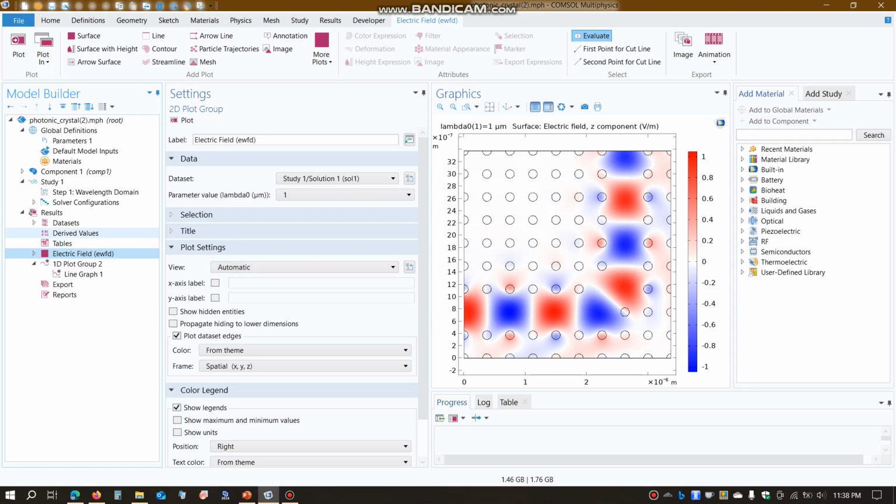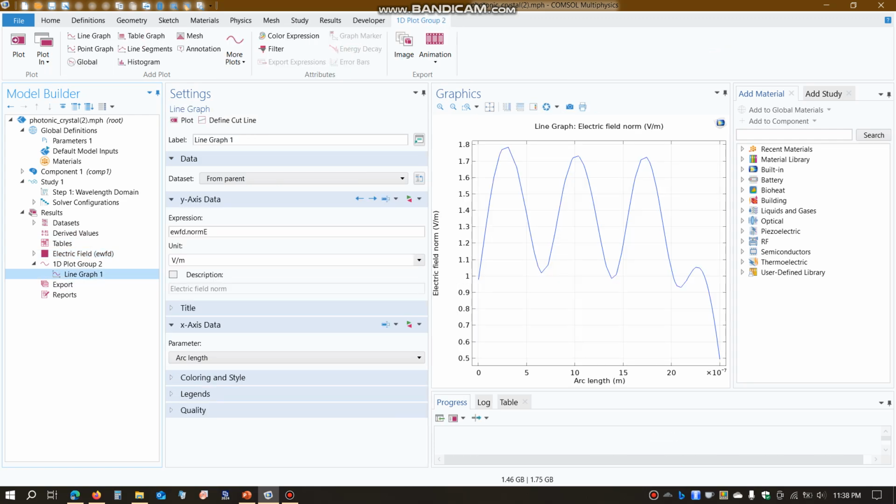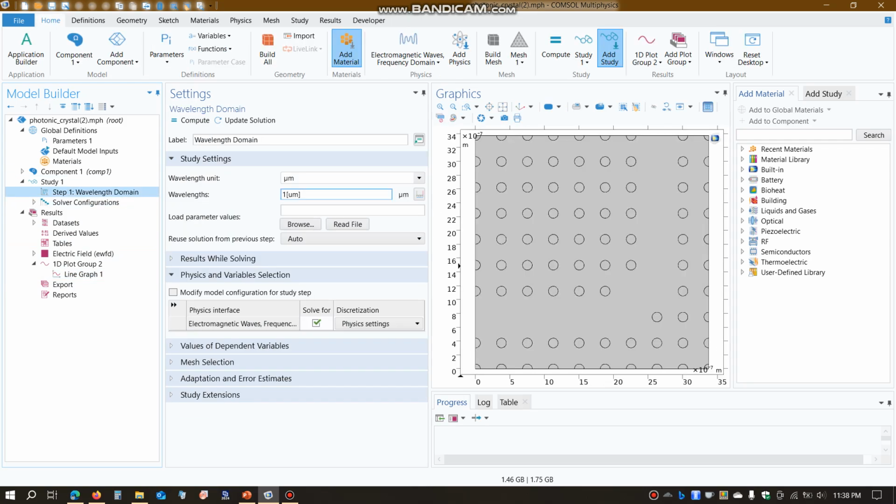This is the surface plot of the electric field. Now if I want to see the linear graph of the electric field with respect to the arc length, we see that there is an oscillatory nature. That means the wave is passing, there is no decaying nature, so the wave is propagating through the device. Now if I change the wavelength to, let's say, 1.5 micrometer,